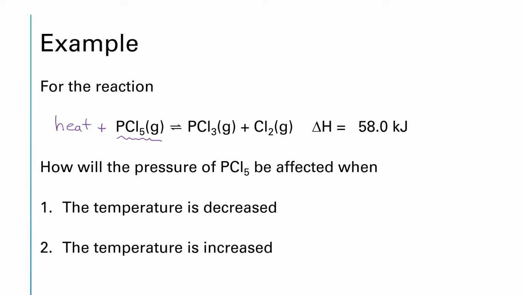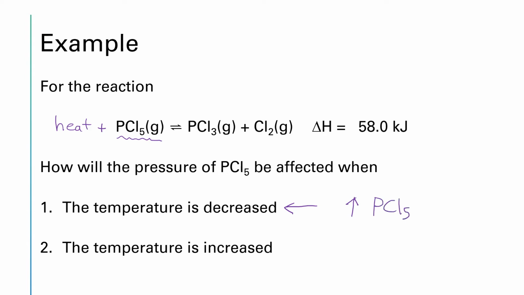So think of taking your reaction and putting it into a refrigerator, well, or an ice bath. If you do that and you decrease the temperature, you are removing heat from the reaction. And so if we remove a reactant, the equilibrium is going to shift to the left. It's going to go in the reverse direction, and that means that we're going to increase the amount of PCl5